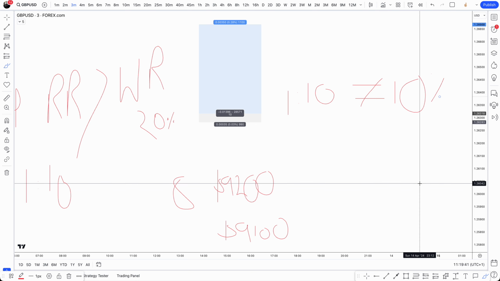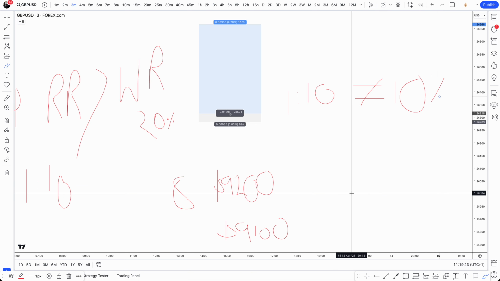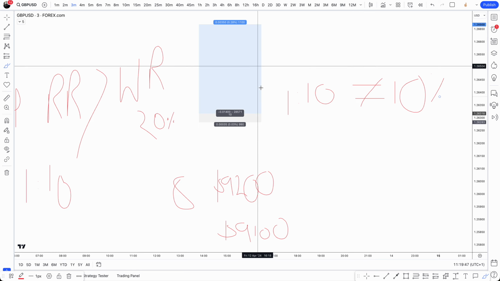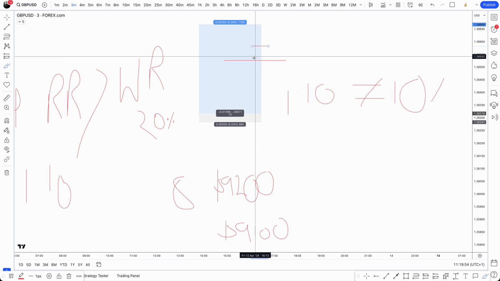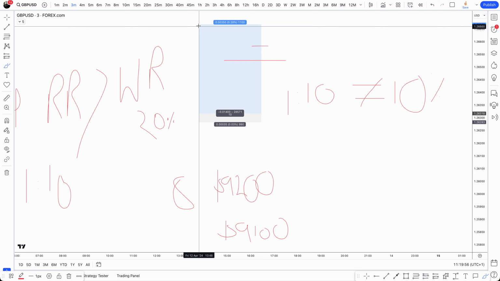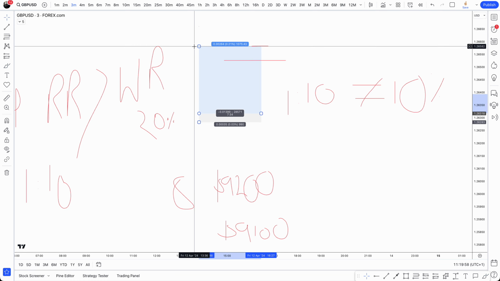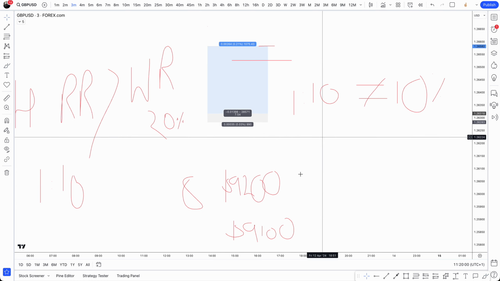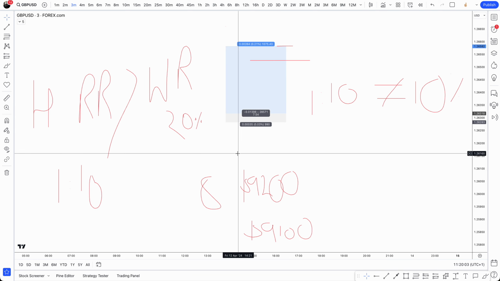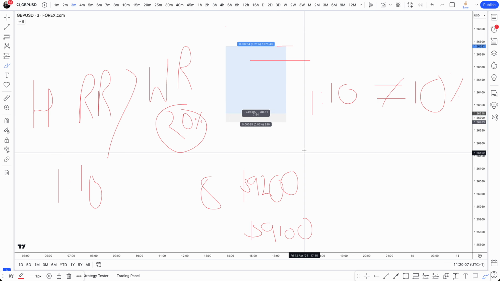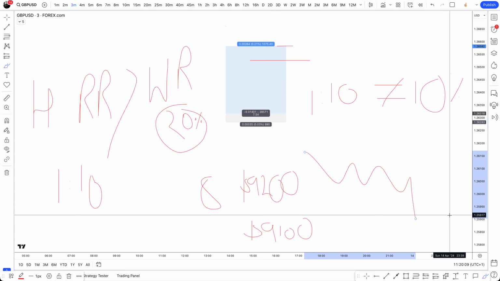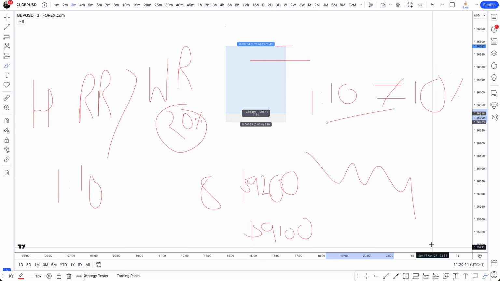And this is because of simple things like spreads, slippage, you've potentially under-risked, so you're potentially risking 0.8%. You might take partials, you might move your stop loss a bit, and you might come out with, say, only 7% instead of the 10% that you have on your TradingView thing here, right? So you're more than likely not going to be in profit after that. And because your win rate is so low, this could just be a never-ending cycle of going down like that. And not every single trade is going to present 1 to 10, right?